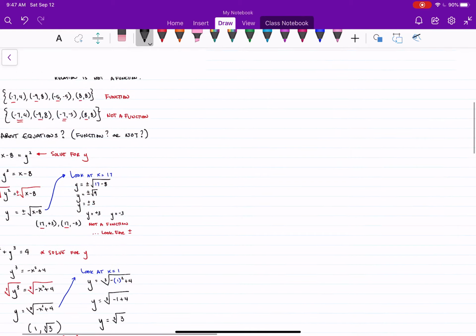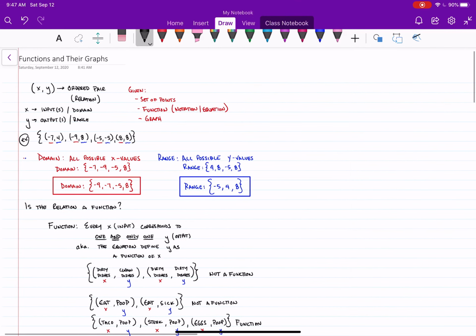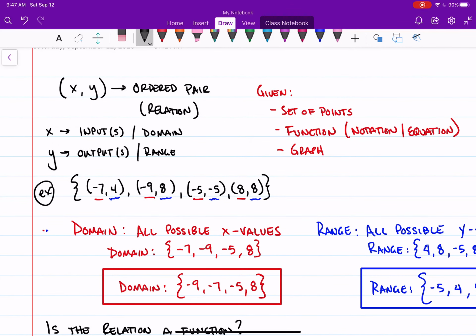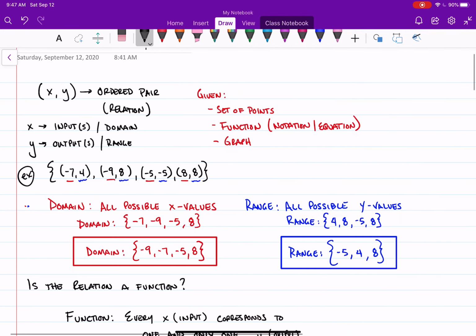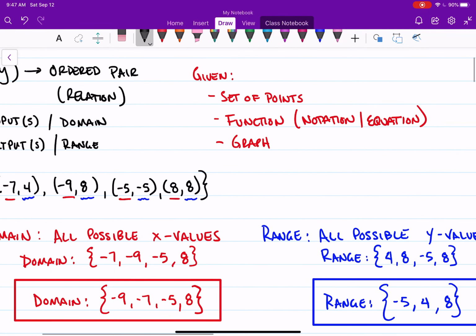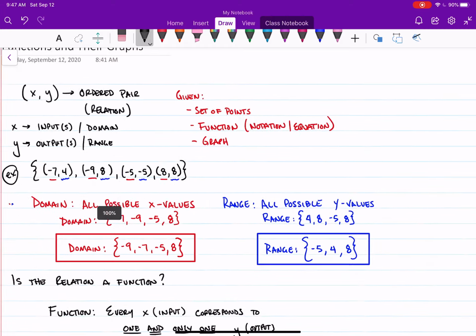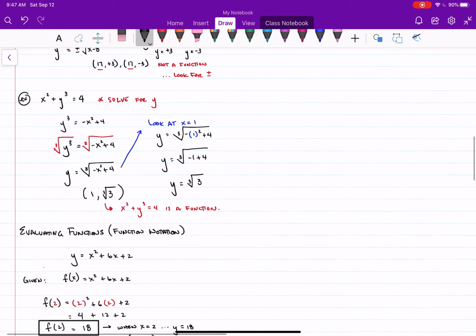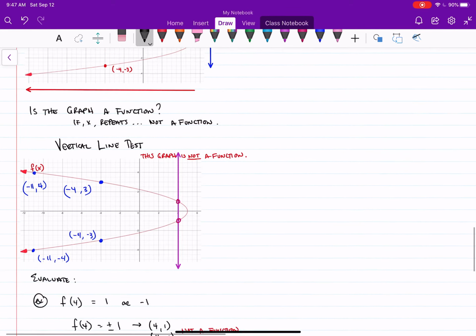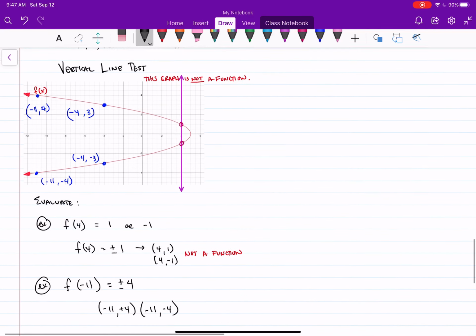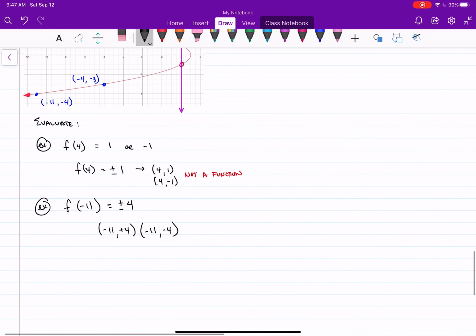So again, today what we talked about was domain and range. We also talked about evaluating functions, with given sets of points, functions, and the graph. So that's exactly what we did. We found the domain and range, we found if it's a function or not, and then we also evaluated. All right, I hope this helps. If there's any questions,